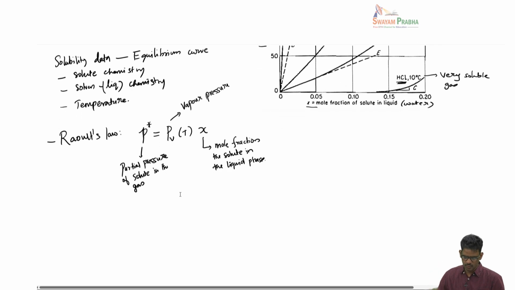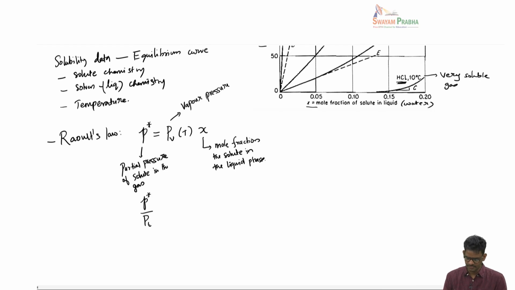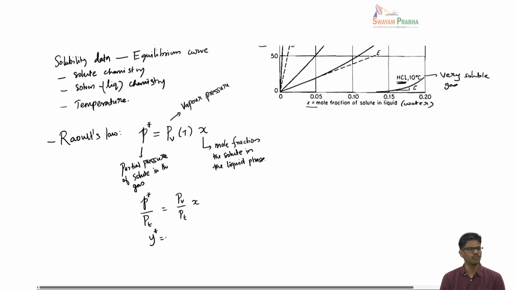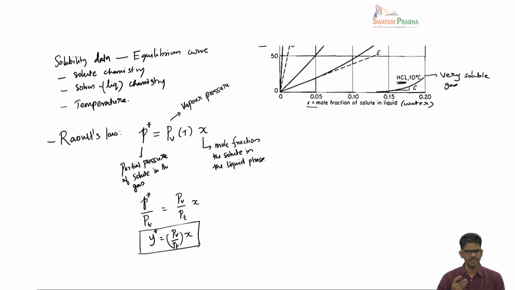Now, if you take this equation and divide by the total pressure of the system, then you get, in terms of mole fraction in the gas phase, y star is equal to P_v by P_T times x. You can see that the temperature dependence comes through this vapor pressure,